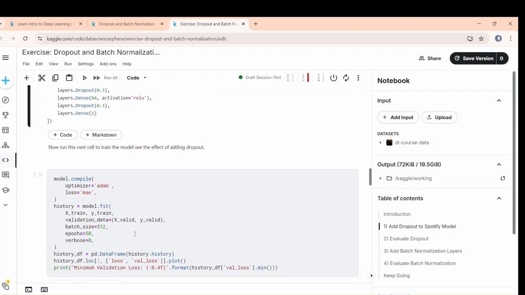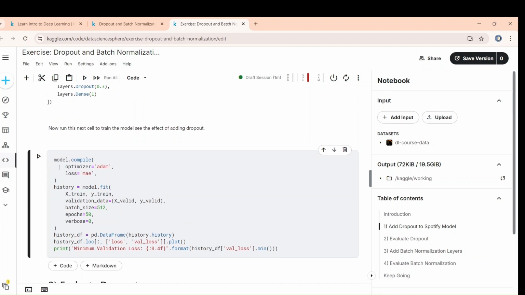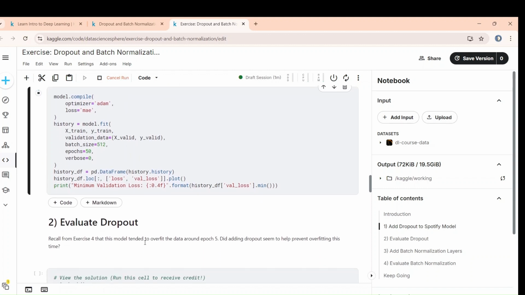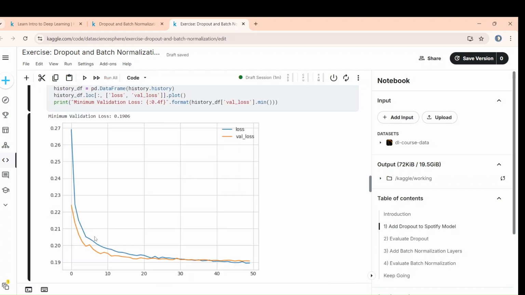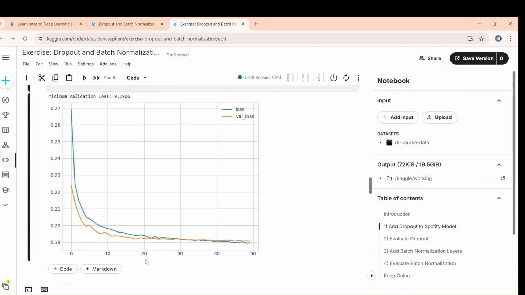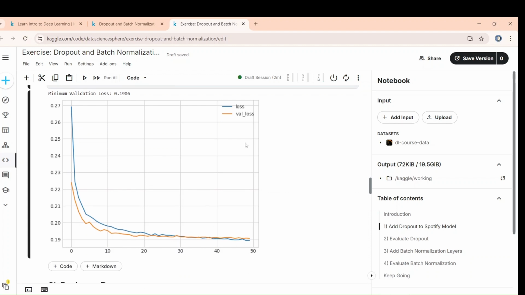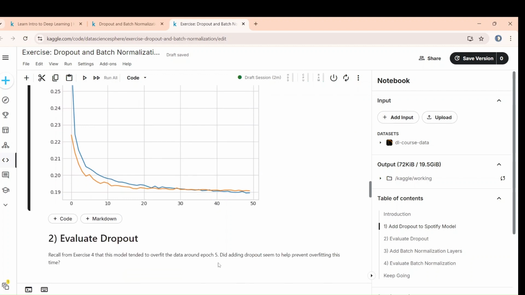See the effect of adding dropout. Same Adam optimizer, MAE loss function, history is taken, history is plotted. Same things. See, loss and validation loss performing well. If the validation loss is increasing, then you can say it is overfitting. In this scenario, it is not; you can see that it's performing extremely well because loss and validation loss, both of them are getting